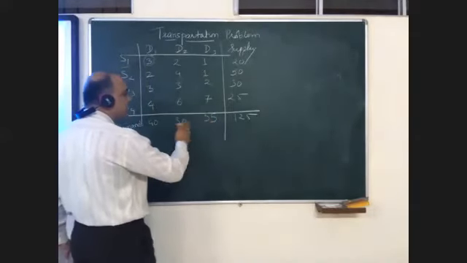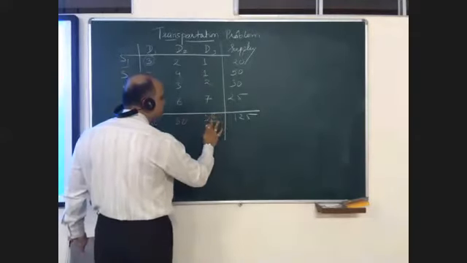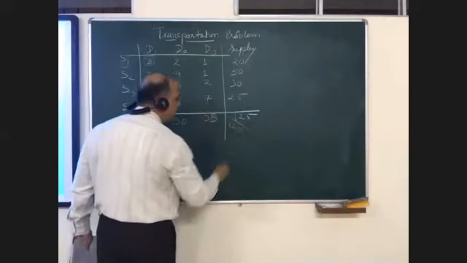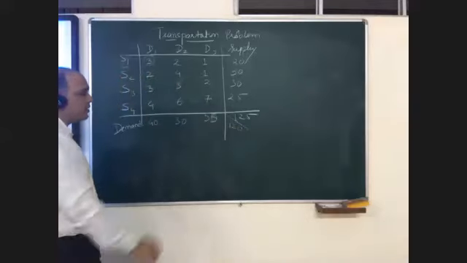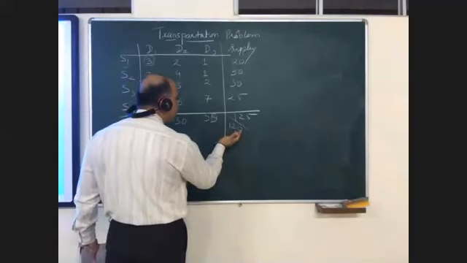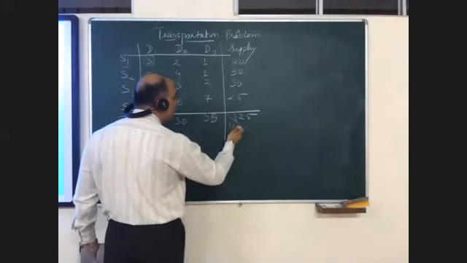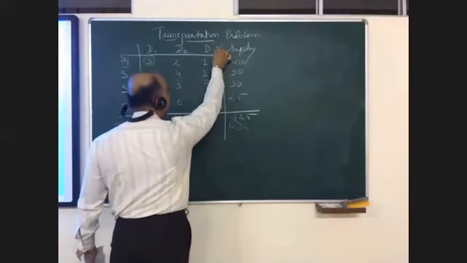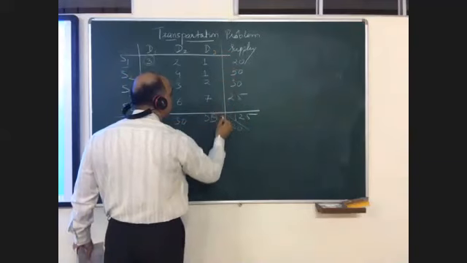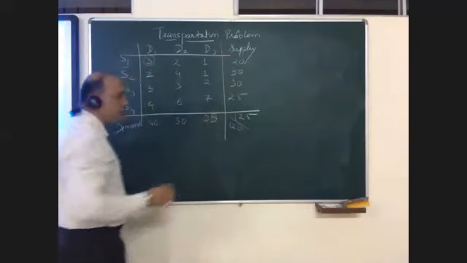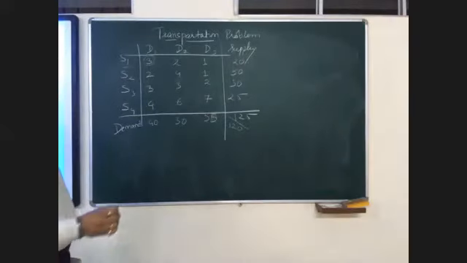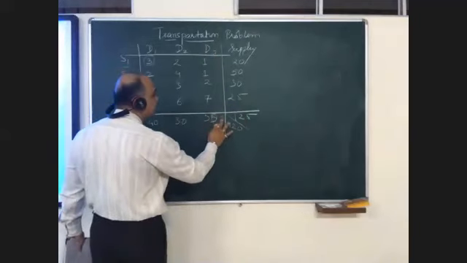In case it would have been 50, here the total would have been 120. I hope you all understand this. 40, 30 and 50 becomes 120. So in this case, we have to put one more dummy demand center. We'll put 0 cost and the remaining 5 units will be placed there. The given problem will be called an unbalanced problem. We'll see unbalanced problems later on.